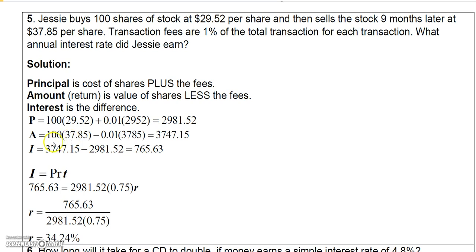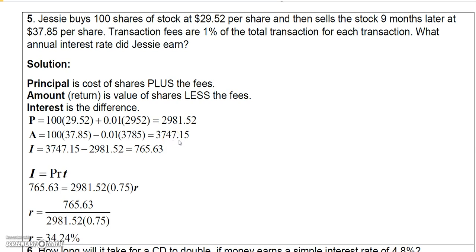Wrong. You'll get $3,785 less the 1% transaction fee, because they're going to charge you a transaction fee and take that out of your check. So what they'll send you is $3,785 minus that 1% fee,